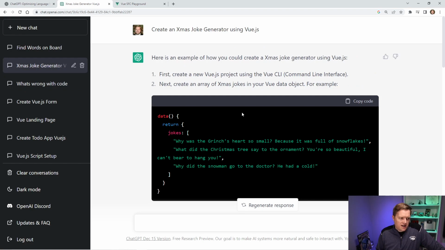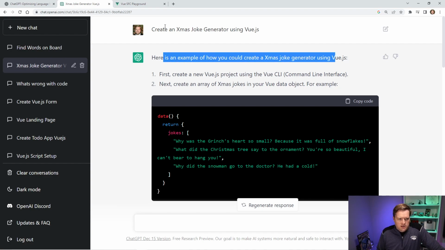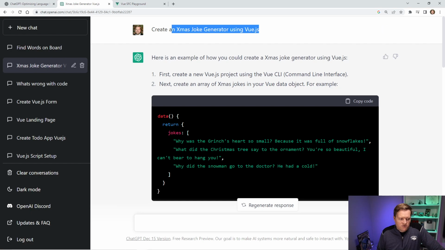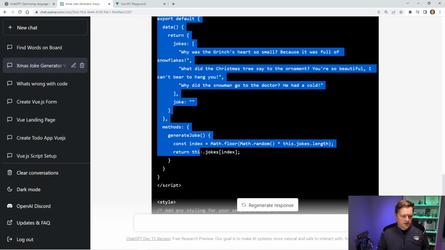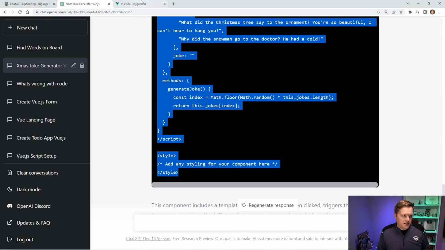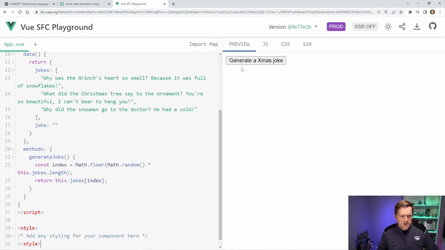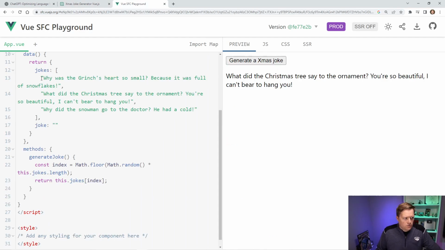And then we just had Advent of Vue, which, if you don't know, was 25 days where every day you get emailed a new, interesting problem and you're supposed to create an app using Vue. It actually ended early, I found out. But still, I went through one of the first few days, which was: here's an example of how you could create a Christmas joke generator using Vue.js. And it created one. It's really, really simple. I'll show it to you. If I copy and paste it in here, you just click a button and it gives you one of the jokes in here.